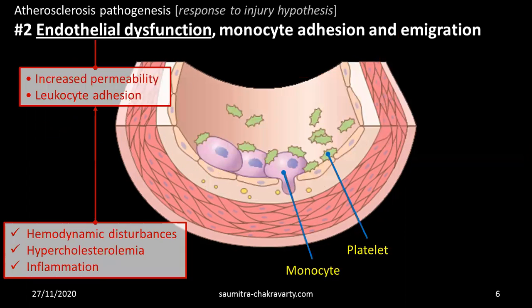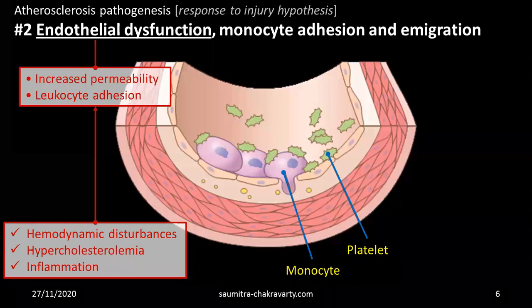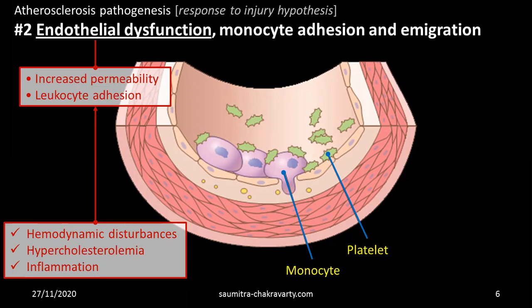Now, what is the next step? Then the endothelial dysfunction will be there. And endothelial dysfunction will cause monocytes to adhere because endothelial dysfunction expresses some proteins like integrins, lectins, etc., which cause monocytes to adhere to the endothelium, and also the hemodynamic disturbances can push the leukocytes towards the periphery even more, accelerating the process of monocyte adhesion and immigration, which normally happens in